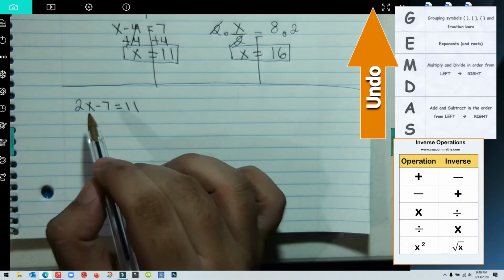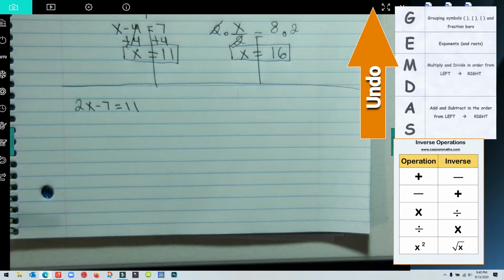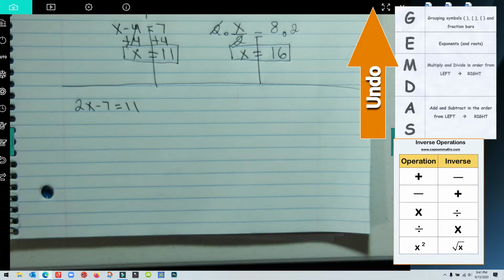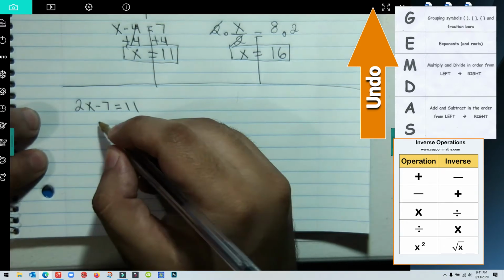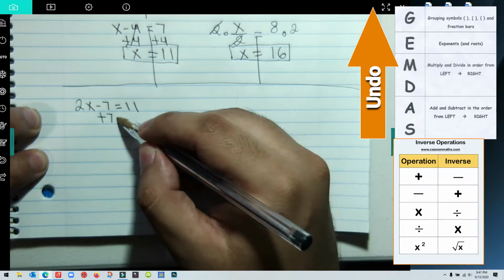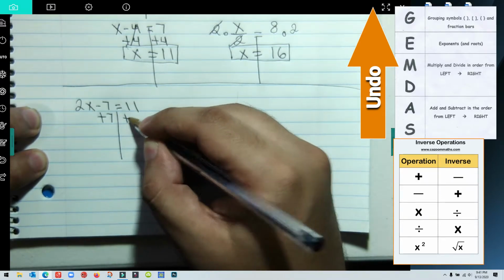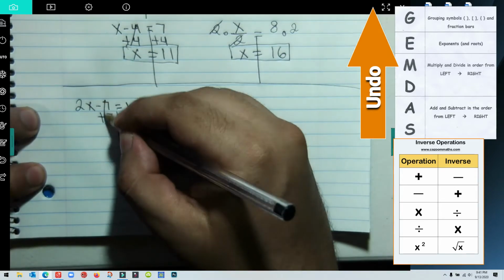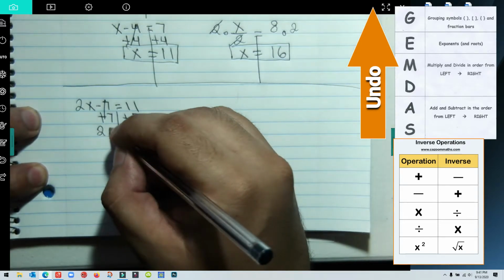So if we're looking at 2x minus 7 equals 11, and we're starting from the bottom of our order of operations, we have the adding and subtracting at the bottom. So first things first, I'm going to have to get rid of this minus 7 using our inverse operations. So what is the inverse of minus 7? What is the opposite of subtracting 7? We're going to go ahead and add 7, but make sure we do it to both sides. So I add 7 to both sides, and I'm left with, these guys cancel out, 2x is equal to